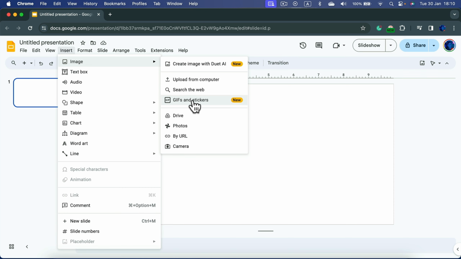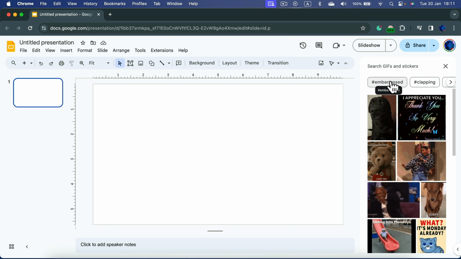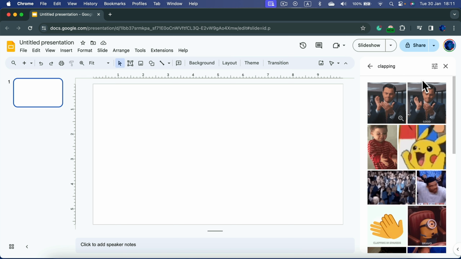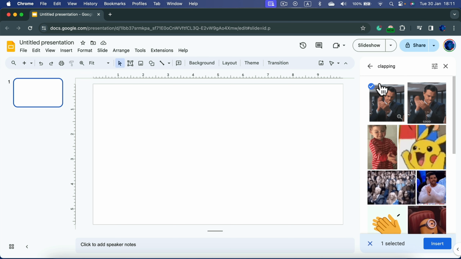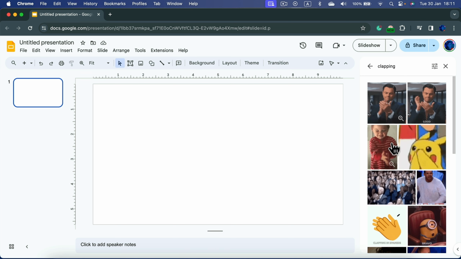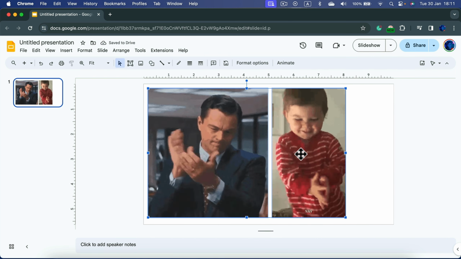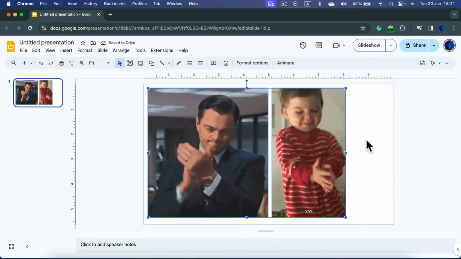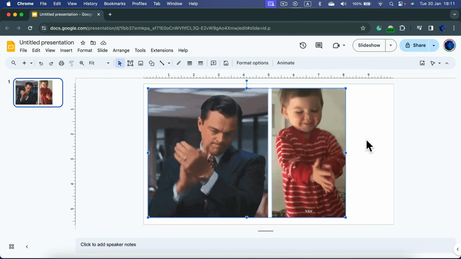So if you click on that, you will get this new panel on the right where you can search for animated GIFs or GIFs just by typing what you need. You can also click on the popular keywords here, and then by clicking on the image, you can select them. You can select more than one and click Insert. And here it is. We very quickly put some animated GIFs into our presentation in Google Slides using this new